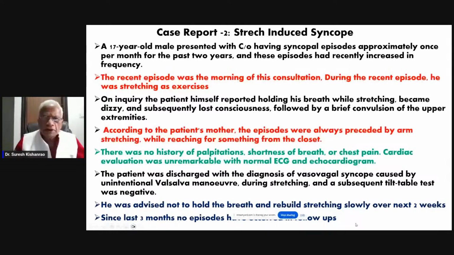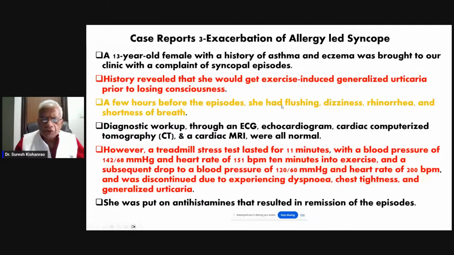The third case is another child case which is related to allergy. Here is a 13-year-old girl who has a history of asthma and eczema both for quite some time now. Recently, she complained of a syncopal episode. Whenever she went into exercise, she would get generalized